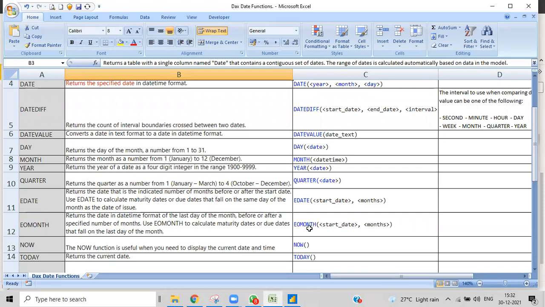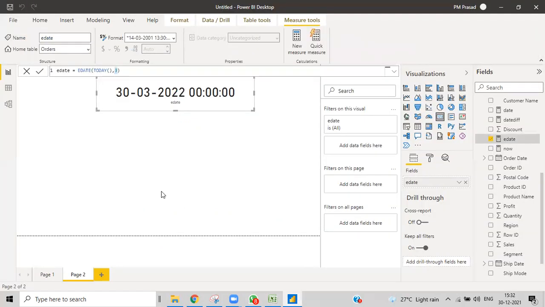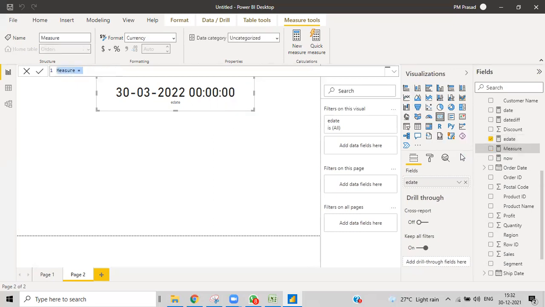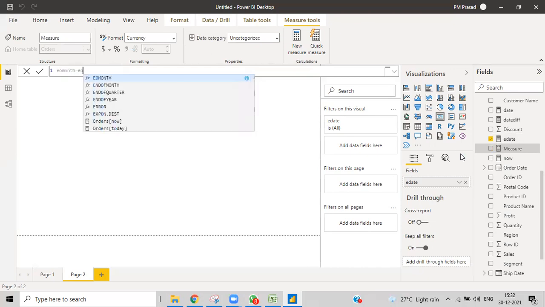EOMONTH means end of month. If you give a date and then give months, it will go to that month, and for that month it will show you the end of the month. Okay, let us see some other example over here. New measure. EOMONTH equal to EOMONTH,